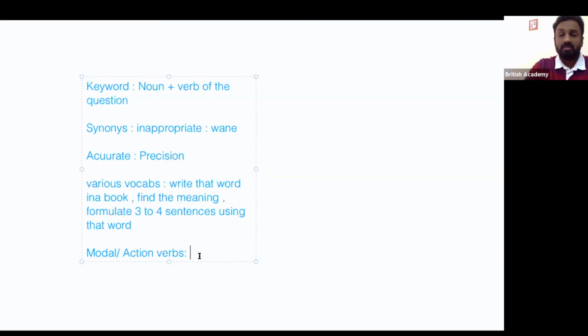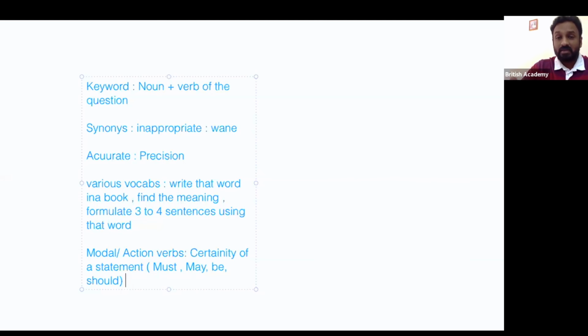Then there are modal verbs, which decide the certainty of a particular statement. I'll cover it in my presentation. Words such as must, may, the be form of the verb, or should can completely change the meaning of the sentence. So you should be very careful with these words. You should understand why they are important, and when you see such words, you should be extra cautious.